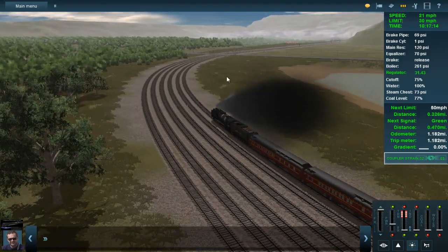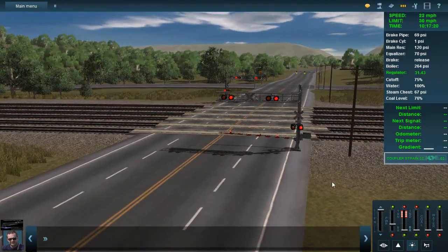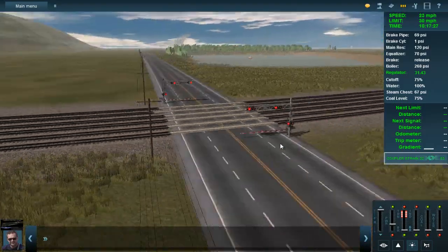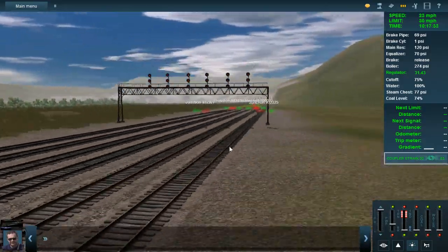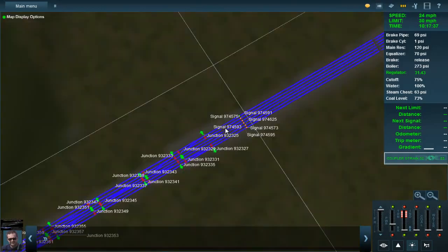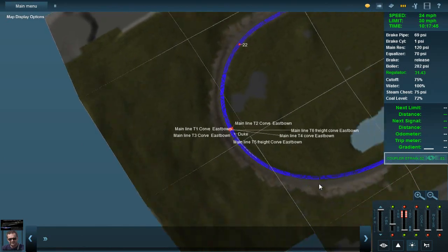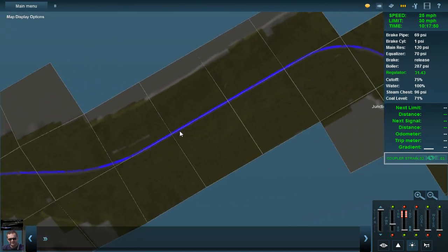Oh hey, we've got crossings. Oh, that's awesome. It's a wide main line, though. Holy cow. It's like AI pandering main line. Although, no, there is an interlocking here, so I guess that isn't a bad thing. I just don't want to crash into anything. We've got a lot of main line ahead of us, but